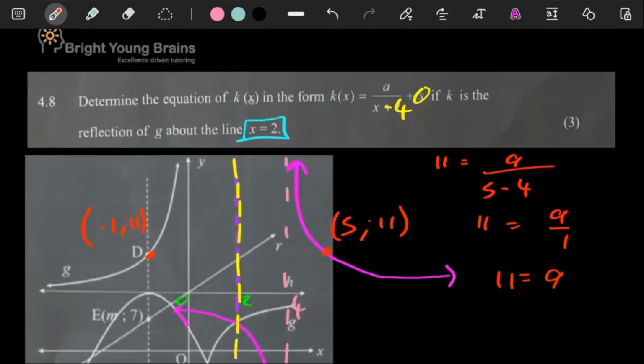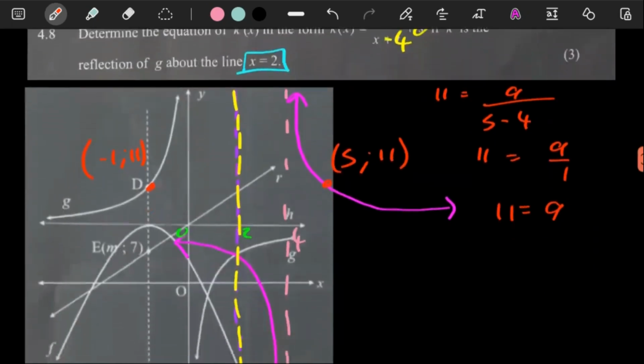Reflection. Determine the equation of K, if K is a reflection of G about the line x equals 2. What? Reflection of G about the line x equals 2. Yeah, this is what I would say. I would say Q of x is equal to